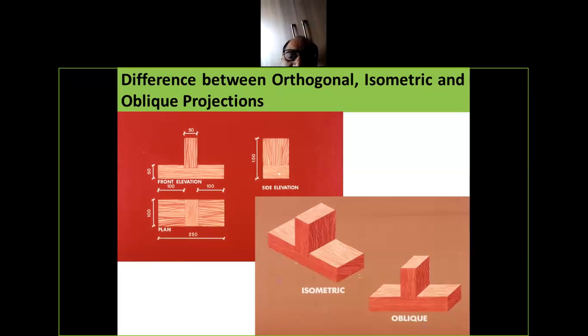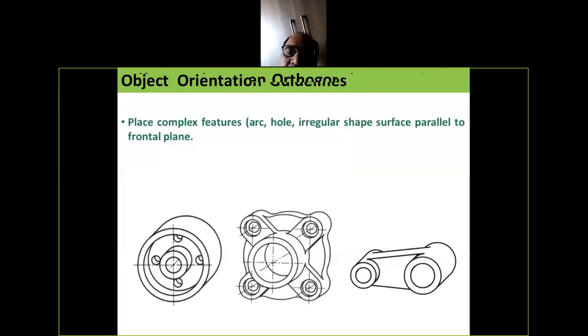In isometric projections, all the corners have been made at 30 degrees horizontal, and in the oblique, the front side will give its true shape, and other sides will also look like that.